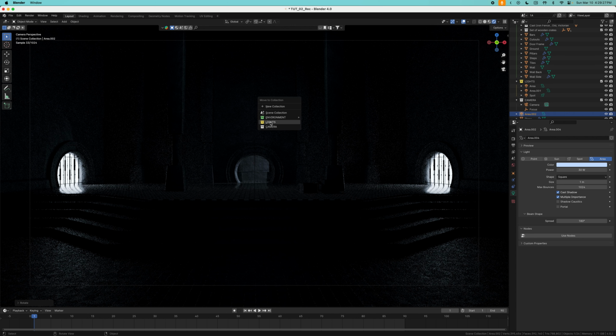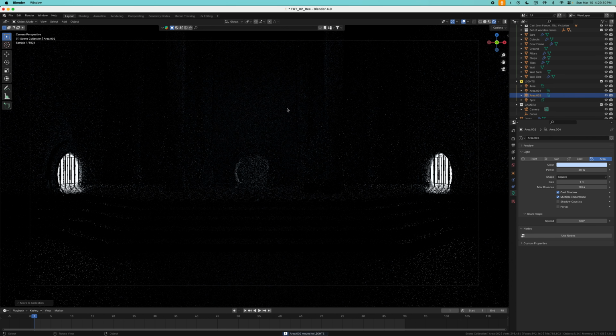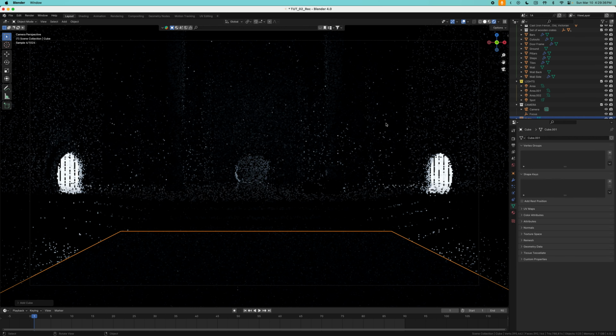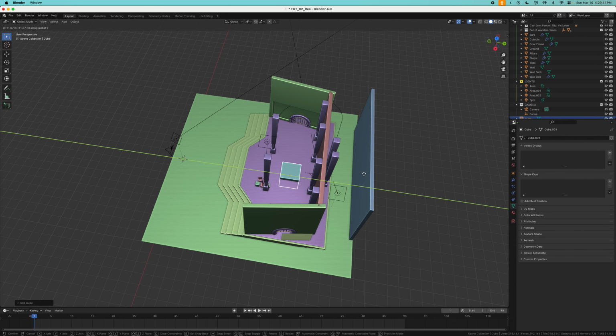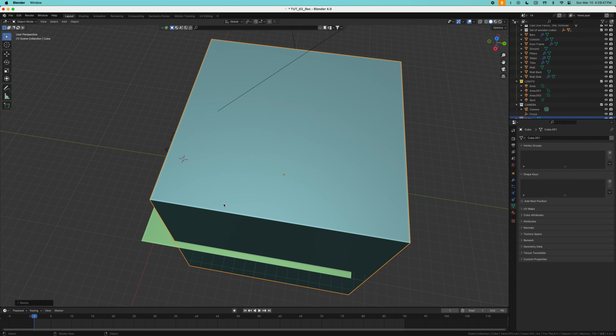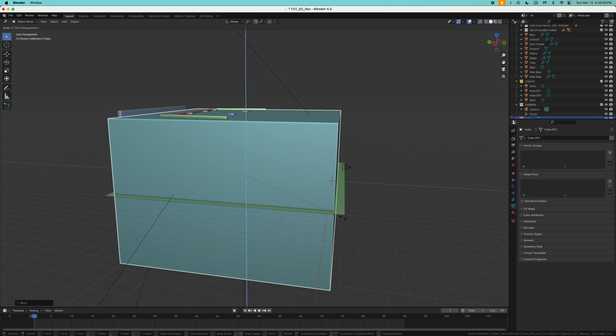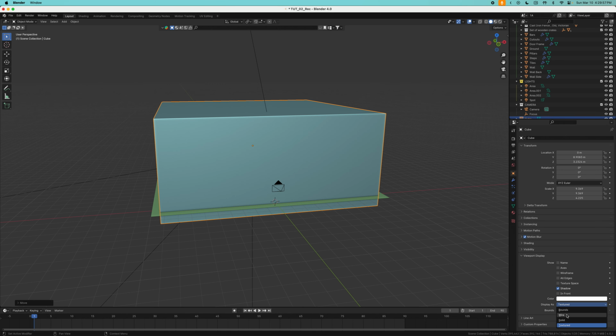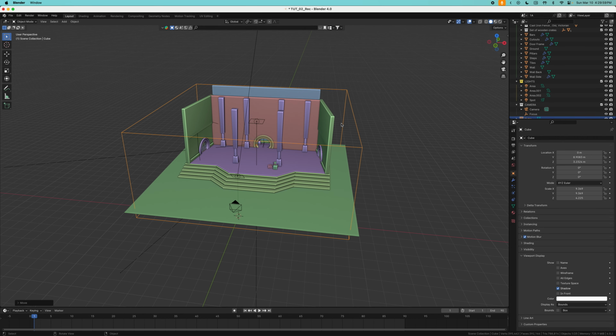Let's move it back into the lights collection, and lastly we're going to need fog, so Shift A and select mesh cube. Let's go into the solid view. For this we're going to place the cube in the center and scale it up like this. Move it to the center, scale it on the z-axis, go over here and select viewport display as bounds, so we don't have the mesh in our viewport.